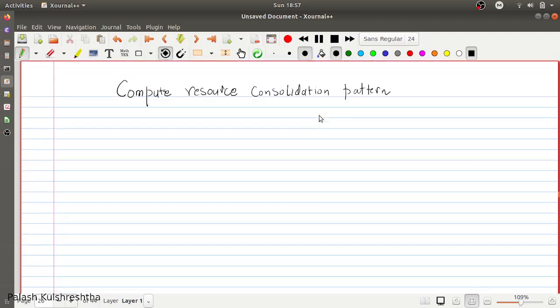Hi friends, today we are going to talk about the compute resource consolidation pattern. This pattern has been taken from Microsoft Azure's design patterns website, and this is a very simple pattern. All it says is, if you want to run a particular service, so let's suppose some traffic is coming to